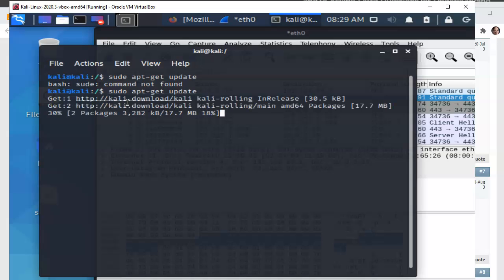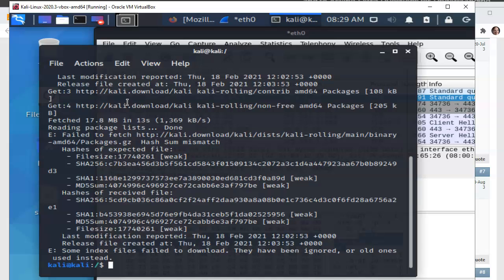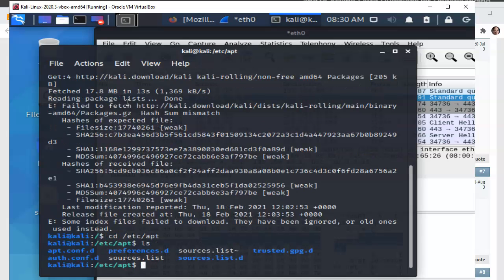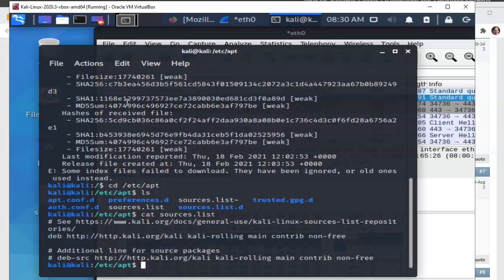I go through the process of downloading the information. I get a mismatch on my secure hash algorithm 1. It is a different one than what I received. And so here's my troubleshooting process so far. I went into the etc apt folder and I looked at the sources list, which is where the packages are,